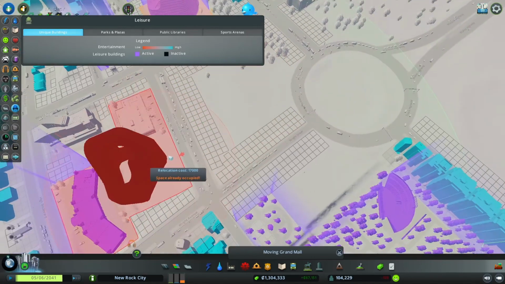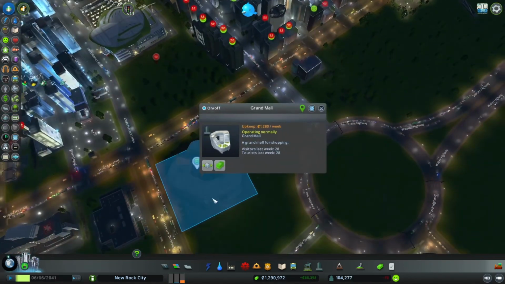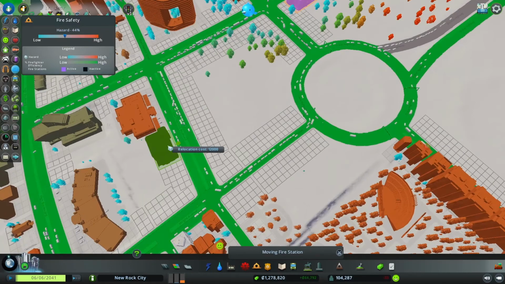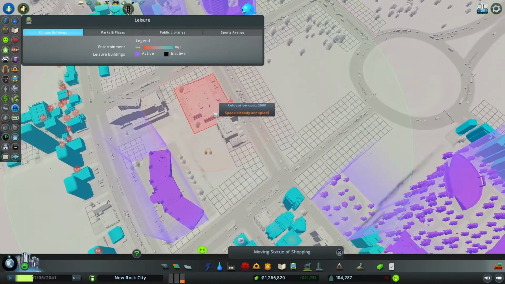I'll put the Grand Mall back over here. I can't. Just have to put it across it. Okay, you know what? Leave it there. My goodness. Sorry, I'm kind of ruining everything all of a sudden. My goodness. Alright. That's not helping me one bit, so...